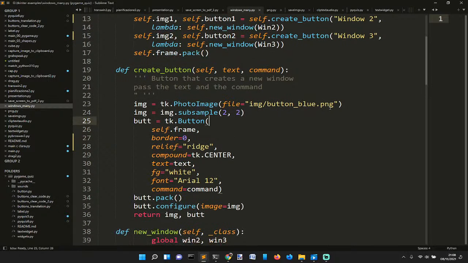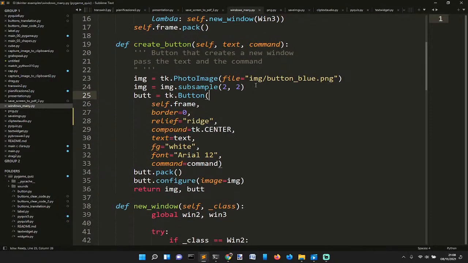We load the background image and make it half of the actual size, with no border, and we write the text in the center. The text comes from here, the foreground, so the text will be white,